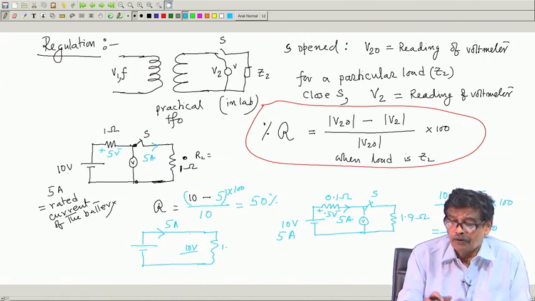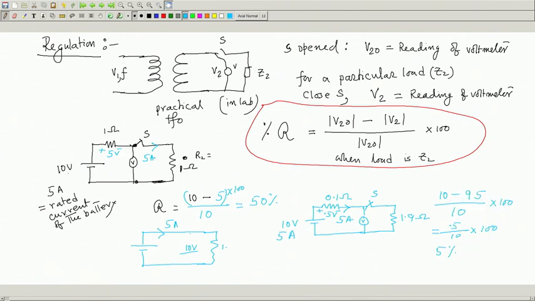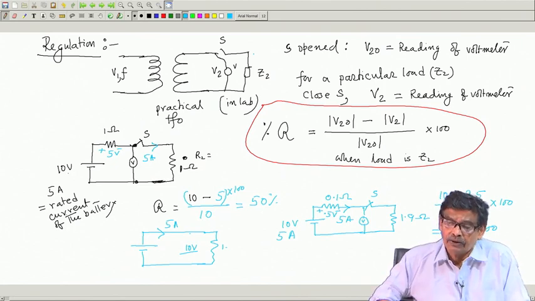So, in this case of the transformer, it is nothing but what the load will see. Load will see a series impedance, and there is a source of voltage here. Therefore, there will be voltage drop in the equivalent resistance and leakage reactance of the transformer, and therefore, the magnitude of the voltage available across the load from open circuit to loaded condition is bound to change, and that change we would expect will be less.